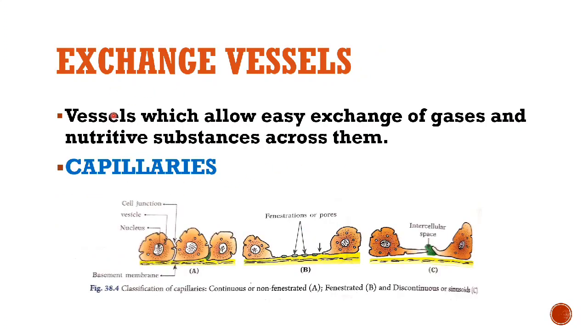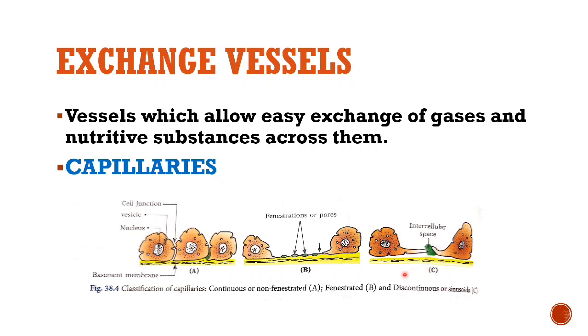So exchange vessels are the vessels which allow easy exchange of gases and nutritive substances across them. So the common example is the capillaries. So capillaries do not have vascular smooth muscle and they have a single endothelial layer, and then these are of three types: continuous or non-fenestrated, fenestrated or the pores type, and then discontinuous or sinusoid type